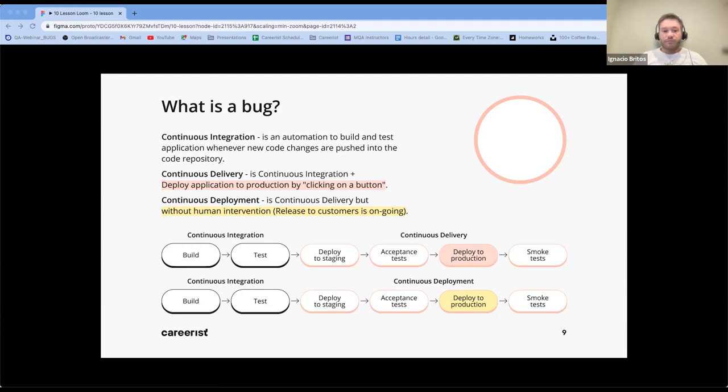Now, in the case of continuous integration, which is the first part, remember that CI is continuous integration. It is an automation to build and test an application where new code changes are pushed into the code repository. So the very first thing that triggers the first step in the process is a developer pushing their code into a repository. Remember that